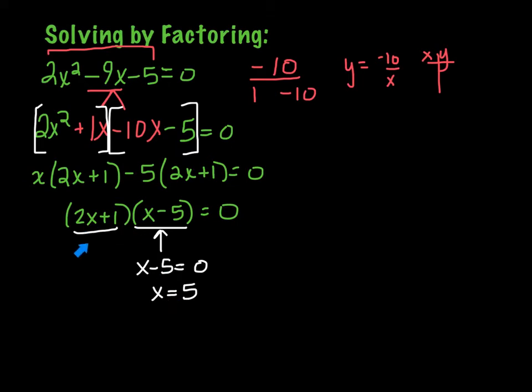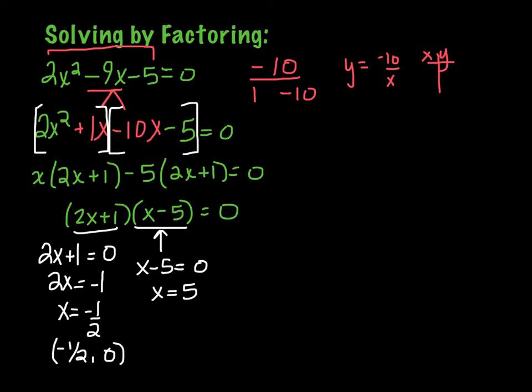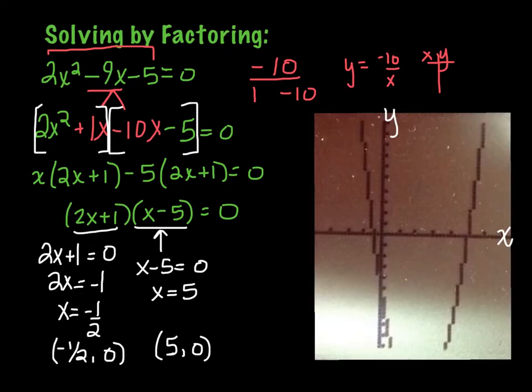So I'm just going to do the same thing here. I'm going to set that factor equal to 0 also, which means I also have a solution at x equals 1/2. If I was asked to write these as ordered pairs or as x-intercepts, I would write them as 1/2, 0 and 5, 0. So I went ahead and put in the original quadratic, and this is the graph that I